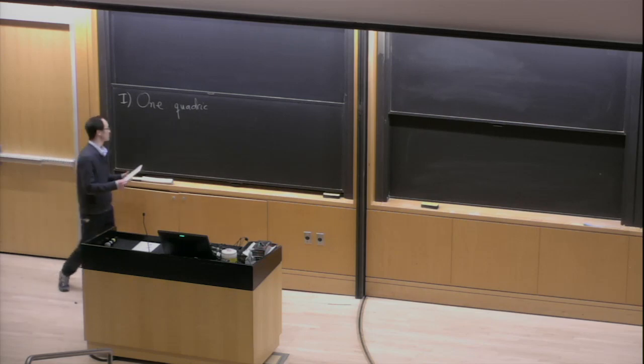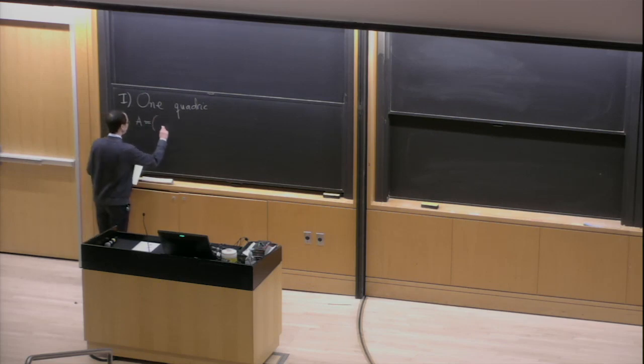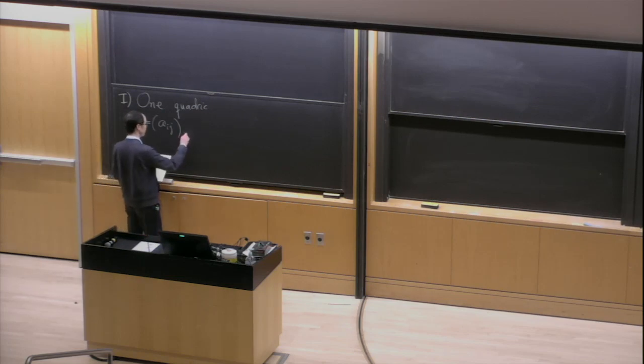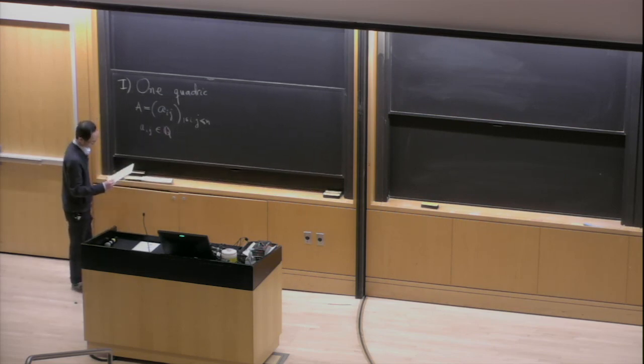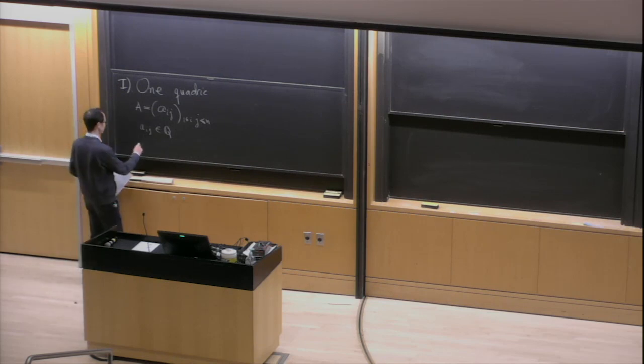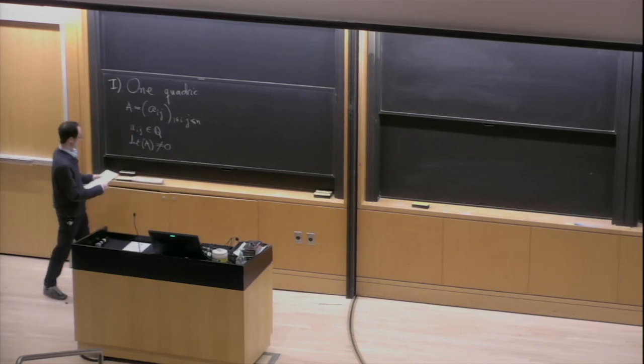It's good. Okay. So let me start with an n by n matrix A with rational entries, so Aij belong to the rational numbers. So the question we are interested in, let's say we have a non-degeneracy condition, determinant is non-zero. The question we want to consider is